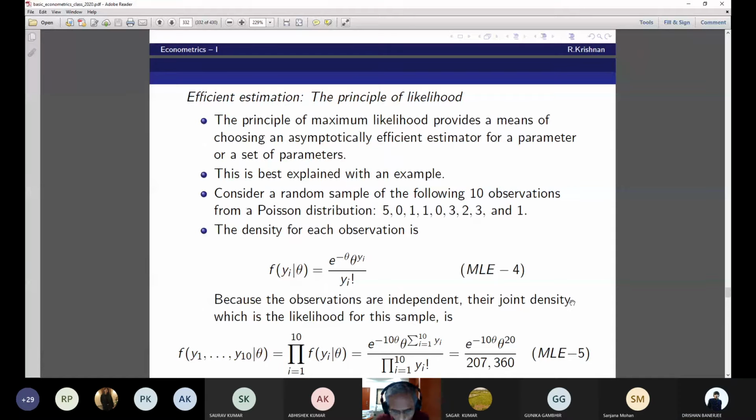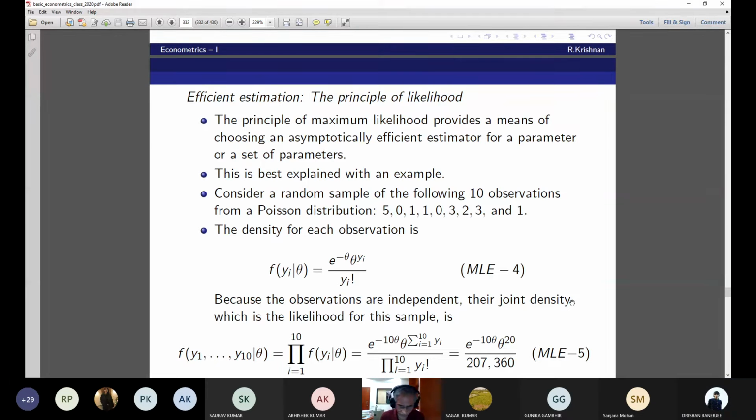Okay. Now what will you do? I want to maximize the probability of having observed this sample. What will you do? So it is easier to take the log, I think. Initially, you take the log also. This is the likelihood, and you take the log also. What will you do? One way of doing it, you tell me one way of doing it. So differentiating with respect to... No.